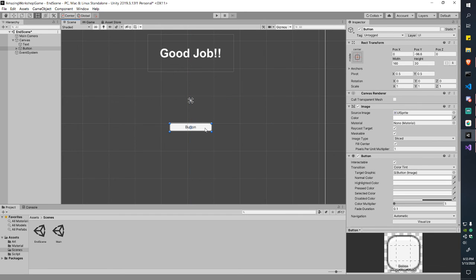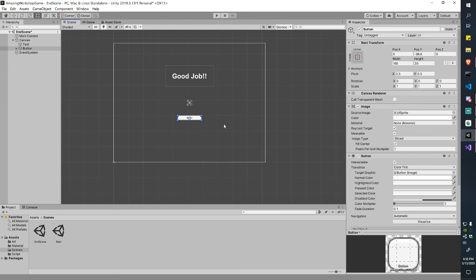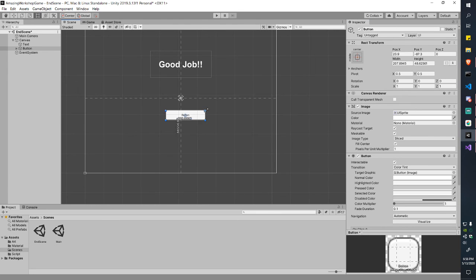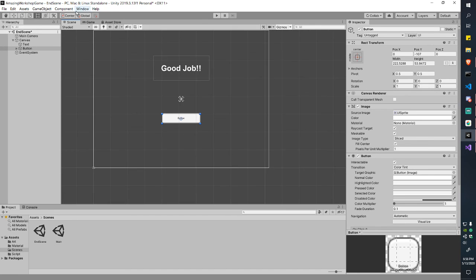Normally, you won't have time to personalize this because you can see it here. You can have a nice frame and standardize your UI with an art style and stuff, but that's not something you're gonna have time to do. So yeah, the default button is fine, in my opinion. So I'm just giving the button a little more size here,